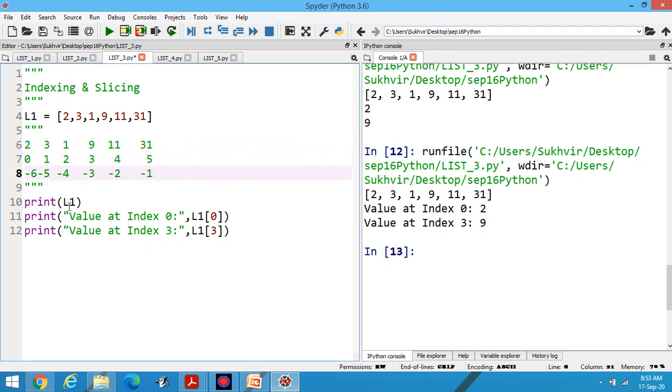These are the negative indexed values. Check the programming concept now.